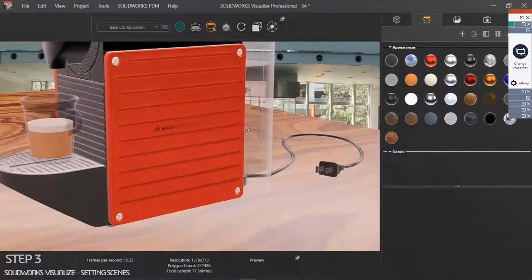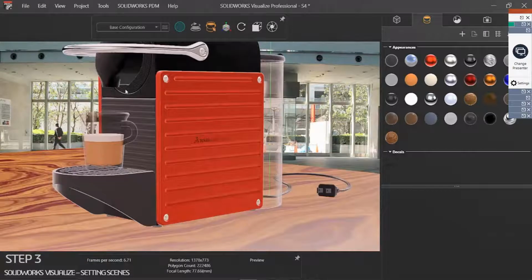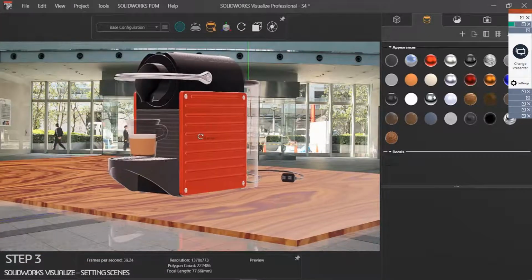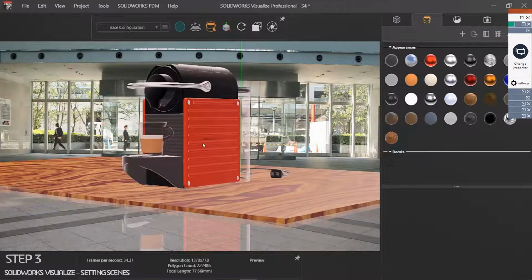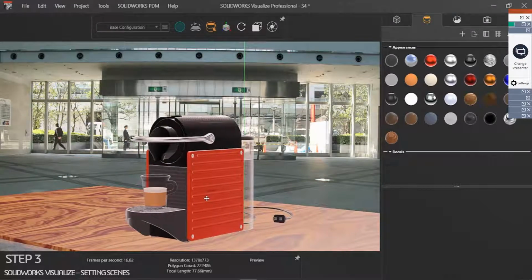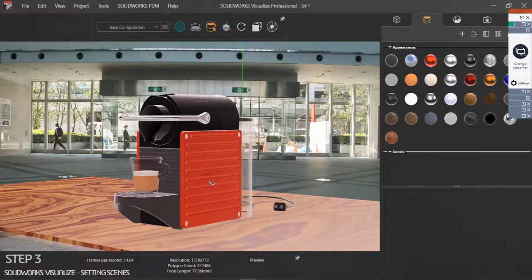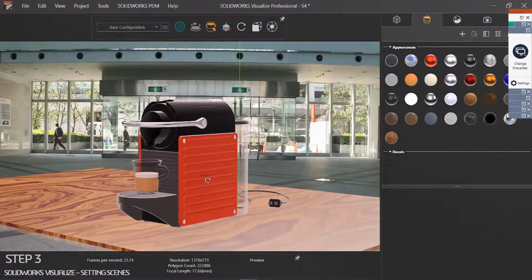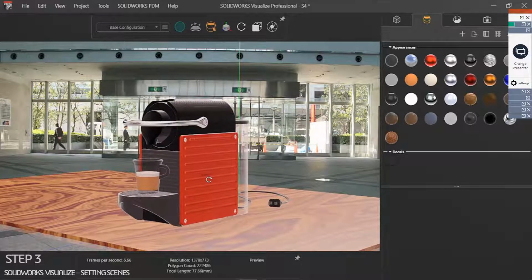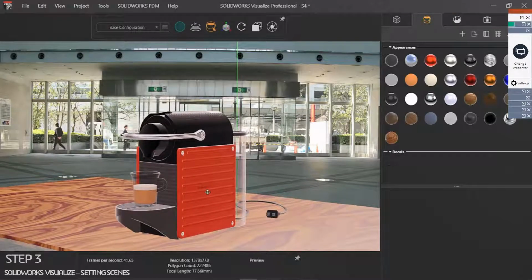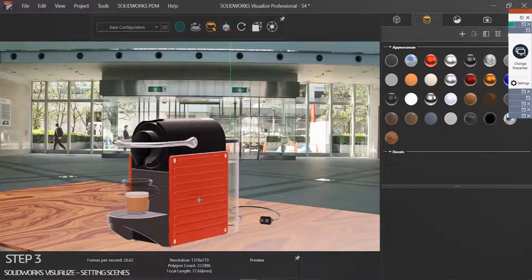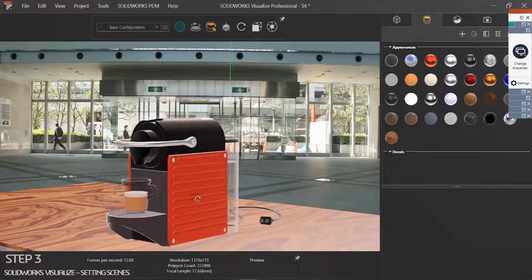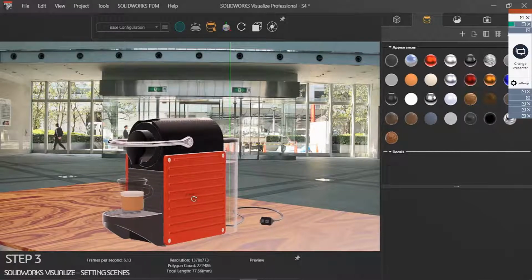Okay, so having done this, let me position my model in the environment. I'm just taking the help of the floor lines to position my model just to suit the environment. Using your normal keys like holding control left mouse button, shift left mouse button, as you do with SolidWorks, you can navigate or orient your model with Visualize. So, okay, let me slightly orient this. Right. So, yeah, I feel this is okay. So let's go with this. Okay. Now,